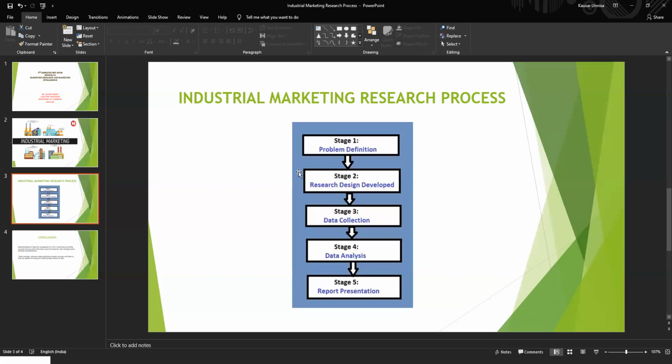Next one is the quantitative research method. Quantitative research is going to quantify the data, the numbers. We are able to have measurement in our collection. It can be done through the survey method or through the observation method. And the next stage is the fourth stage, called data analysis,